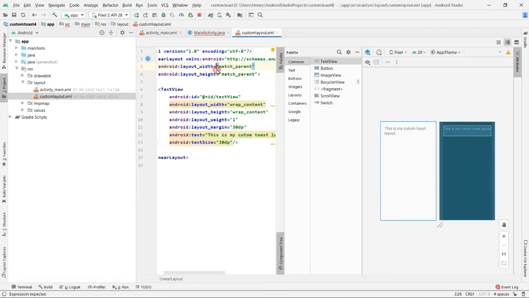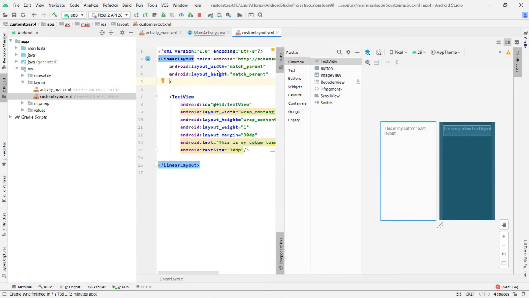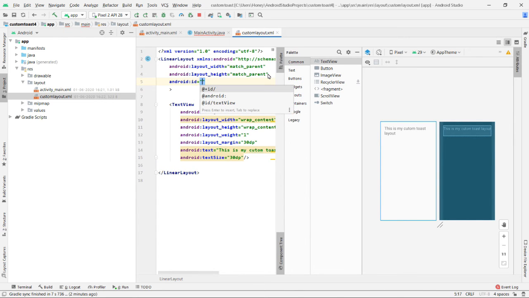We will have to provide the main root component id of the resource XML file. So this is our custom layout.xml. We will provide an ID for the linear layout, that is the root component of this XML file. So we will assign an ID for this.